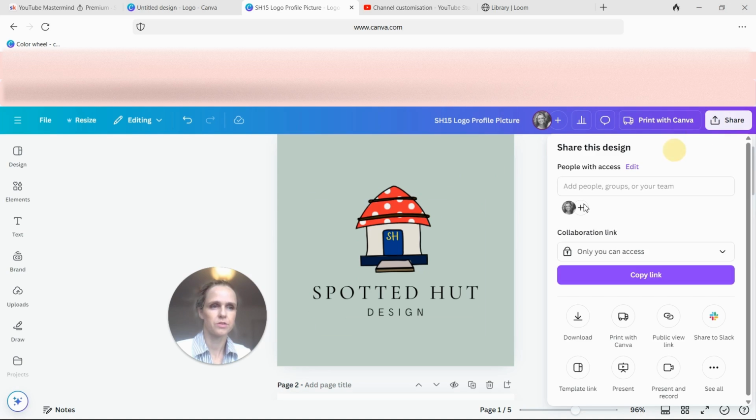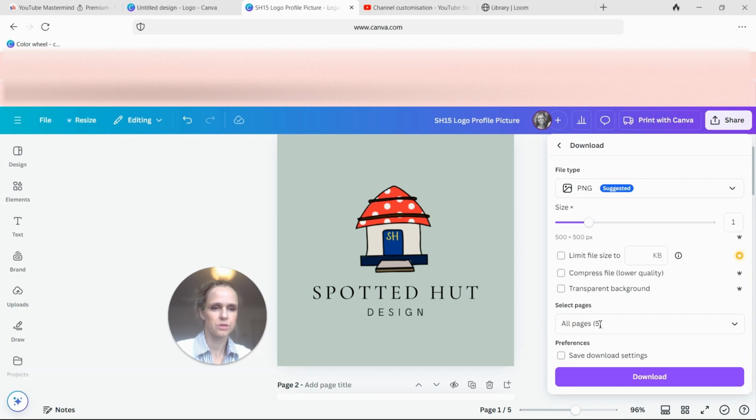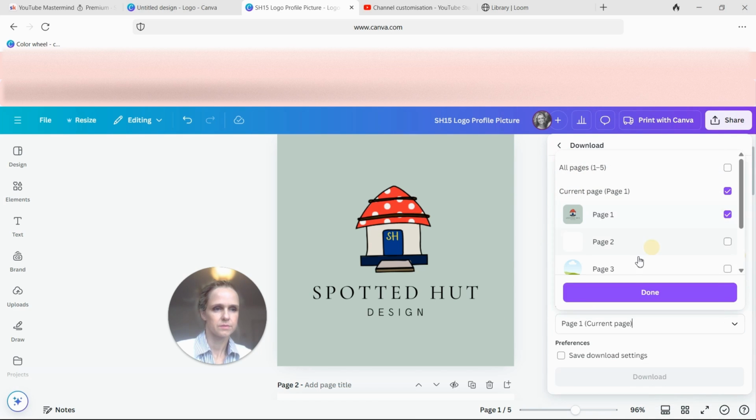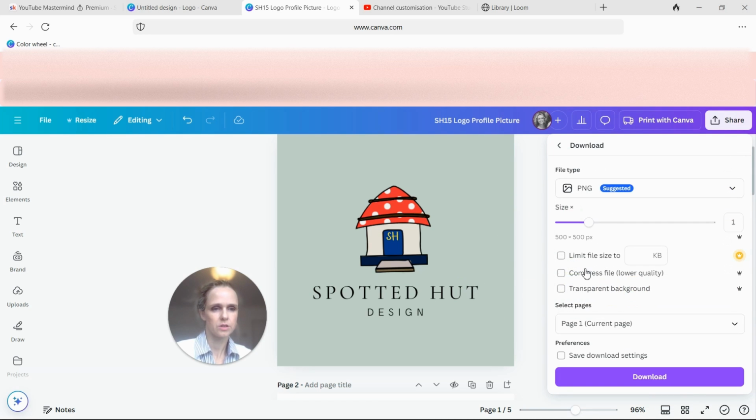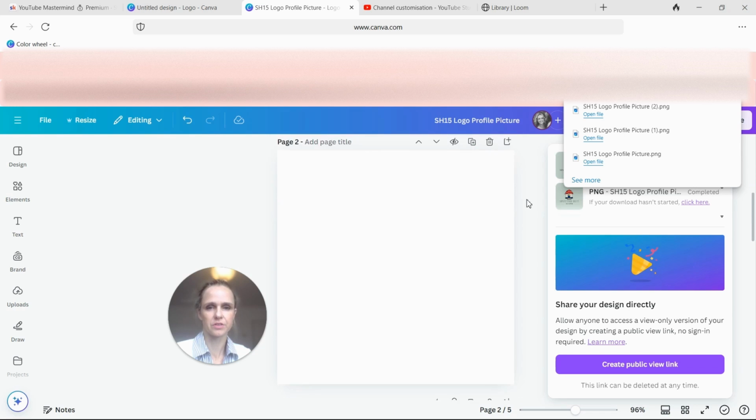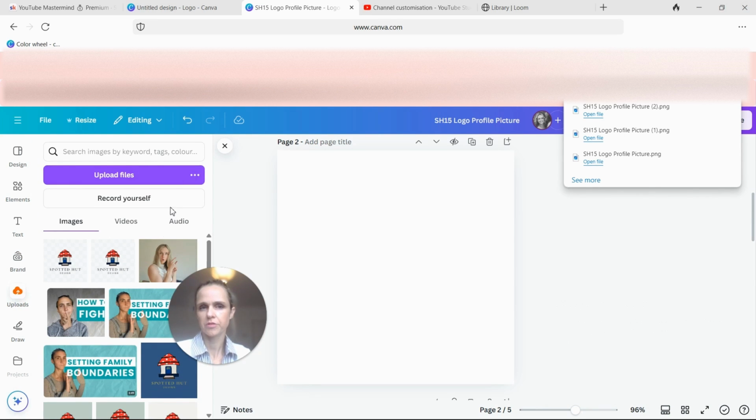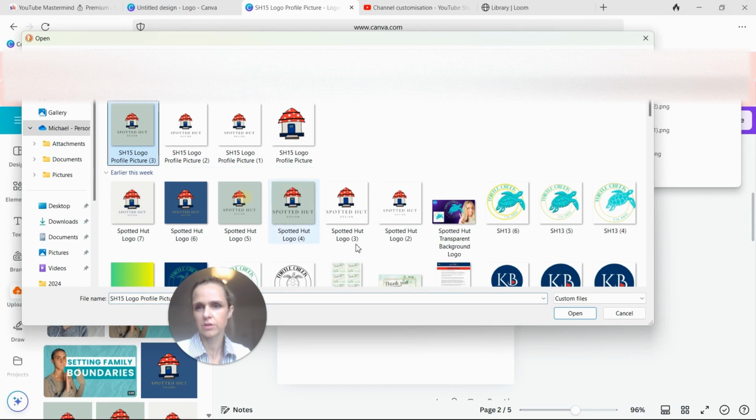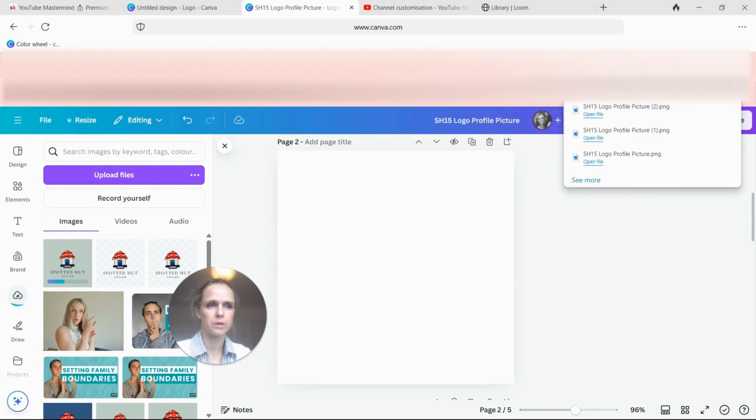All right, so then we go over to share, download, page 1, download, make sure nothing else is ticked, and download there. We will take ourselves over to a new page where we will go upload file, and that will now be in your download folder, where we'll open that up,